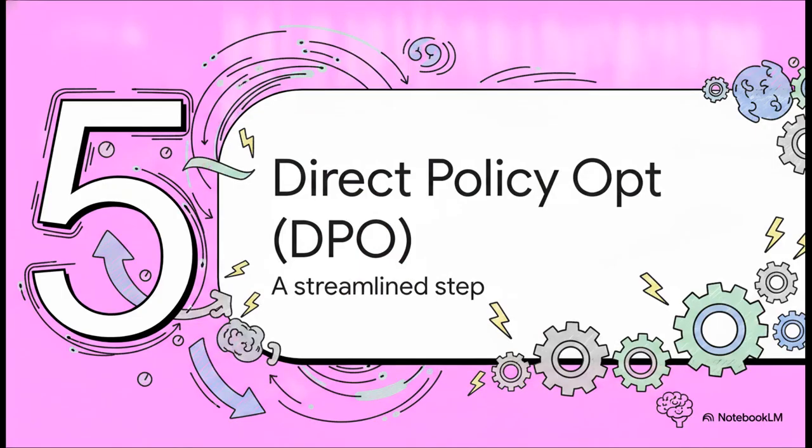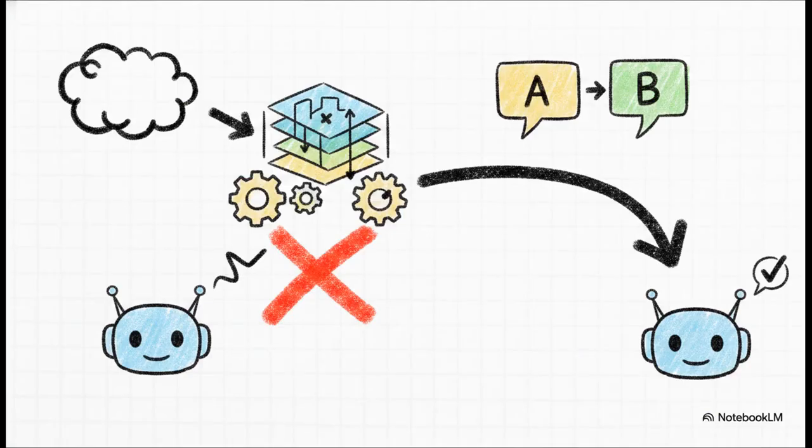Which brings us to the cutting edge of AI training, Section 5, Direct Policy Optimization, or DPO. This is the streamlined, evolutionary step designed to fix these exact flaws. So, direct policy optimization essentially skips the middleman. Instead of taking human feedback to compute a complex reward signal and then trying to optimize the agent against that signal, DPO just uses the preference data directly. If a human says, hey, option A is better than option B, DPO takes that binary preference and directly adjusts the policy to favor A. It's that simple. By bypassing the computation of a separate reward signal entirely, you just eliminate massive inefficiencies.